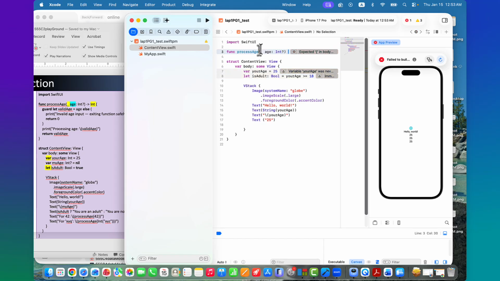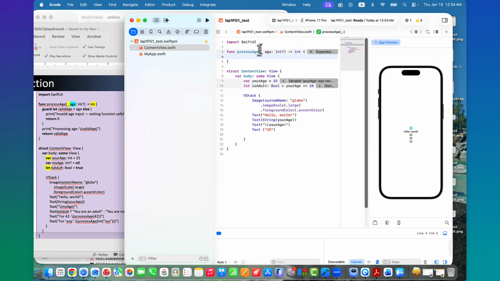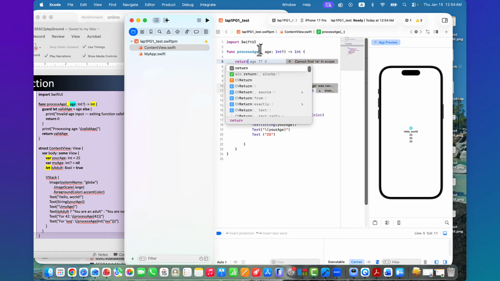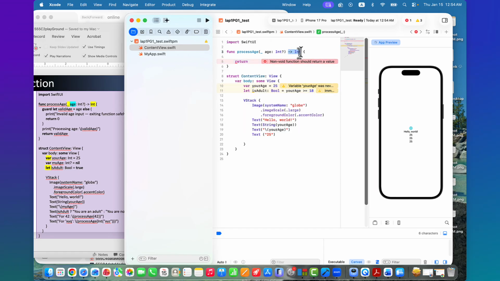And then this function returns an integer. Okay, but inside of that function, initially there is an error because there's no return, right? This is the return type. This is the input parameters. This function returns an integer.